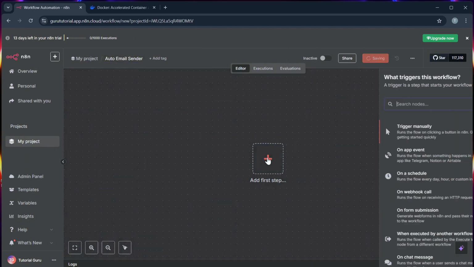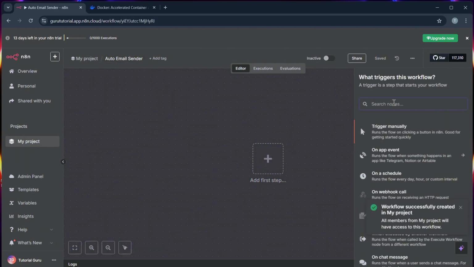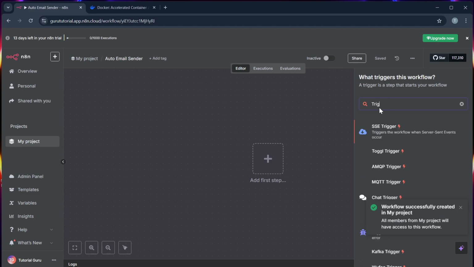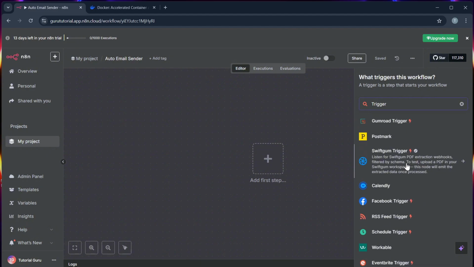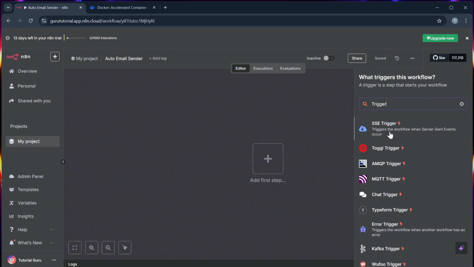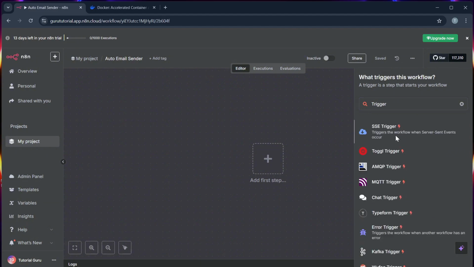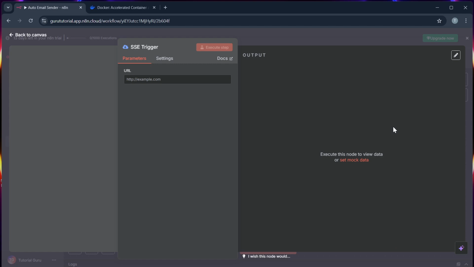Step 3. You can now click the plus button and add a new node. You can start with a trigger node. You can choose what type of trigger node that you want to use in these choices. You can do a trigger such as a time-based schedule or a webhook.